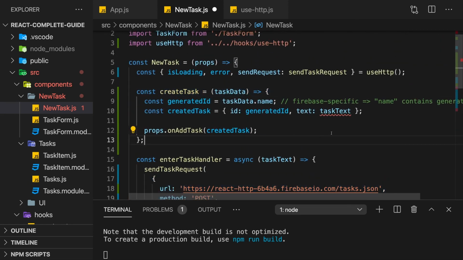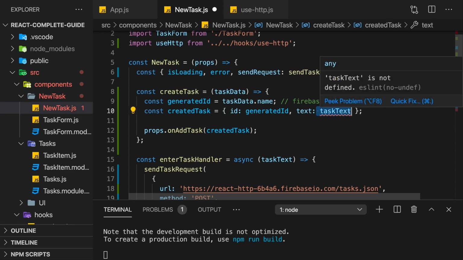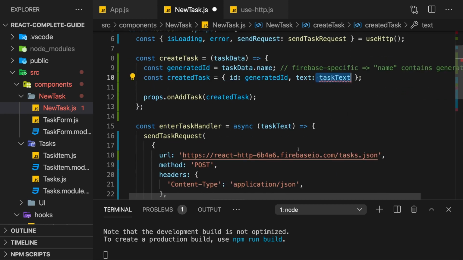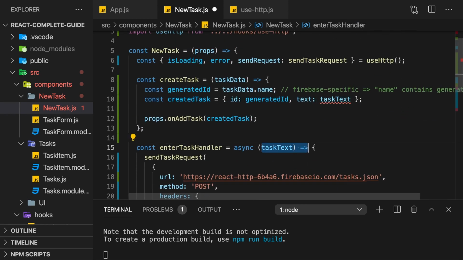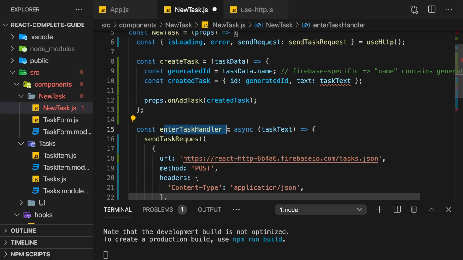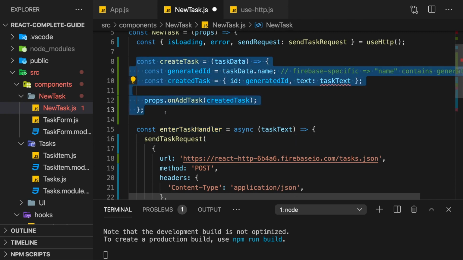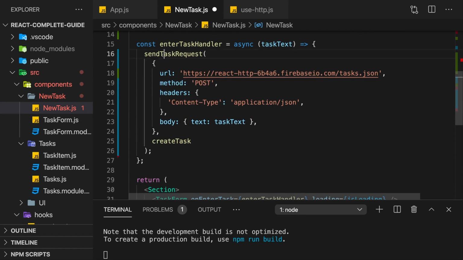Now in my create task function, I'm missing the task text though. That's a problem. I'm missing the text which was passed from the form to that HTTP request. We do have that text available here inside of enter task handler. To make it available inside of this create task function, which we pass to send task request, we got two